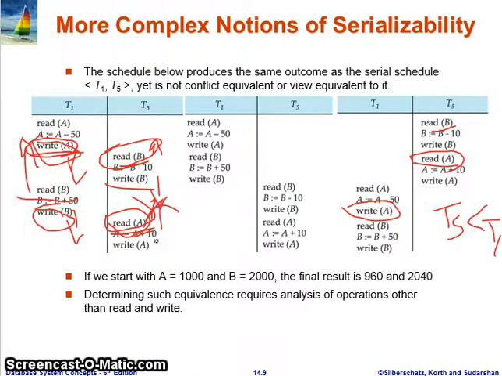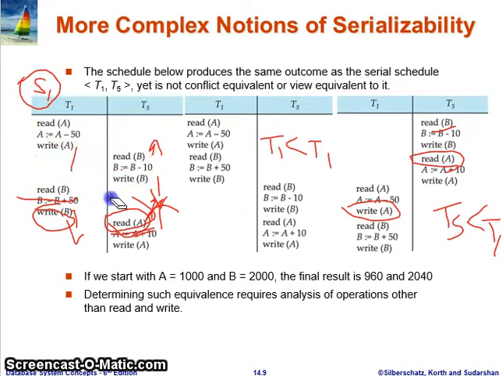We cannot swap these two operations, so we can say this schedule cannot be changed into a serial schedule in this way. Suppose we call this schedule S1. So S1 we cannot change into this form or this form, T1 preceding T5. So this schedule is not a conflict serializable schedule. Check for the view serializability of this schedule. Is it view serializable or not?